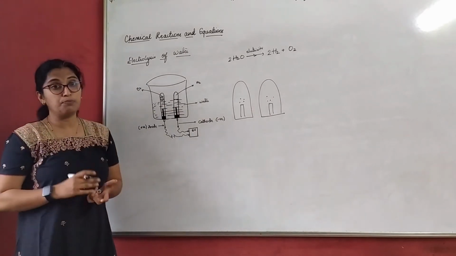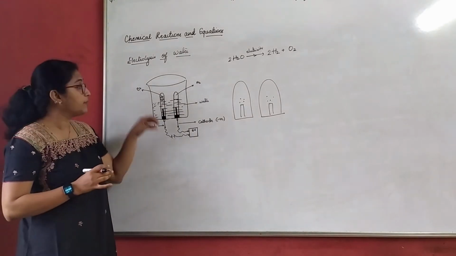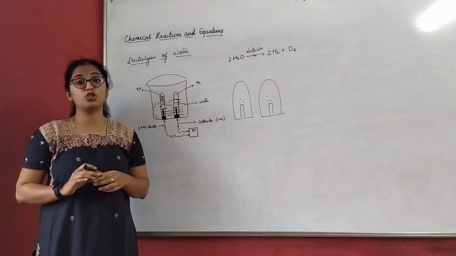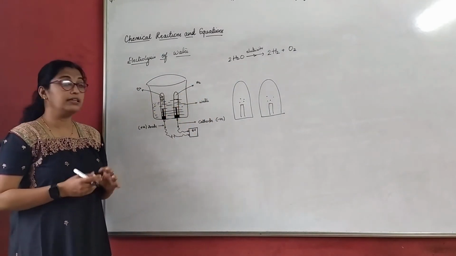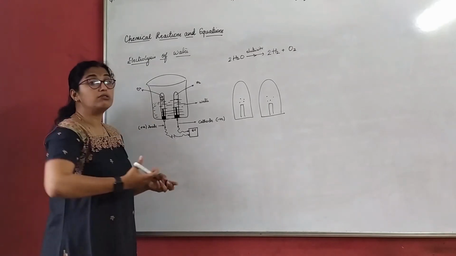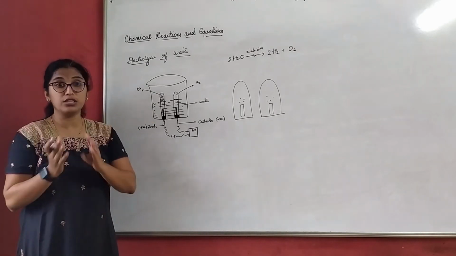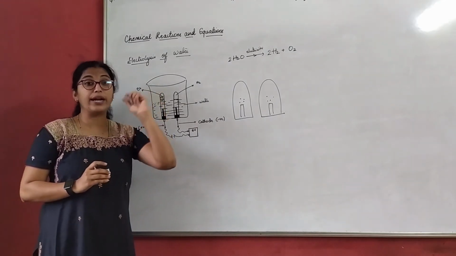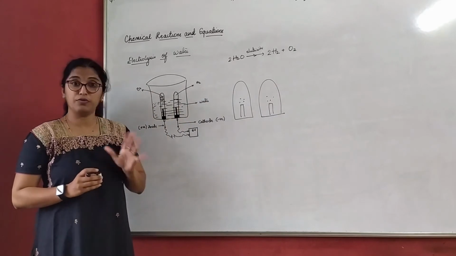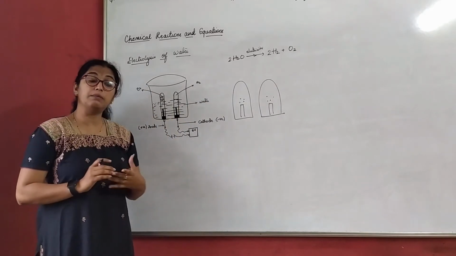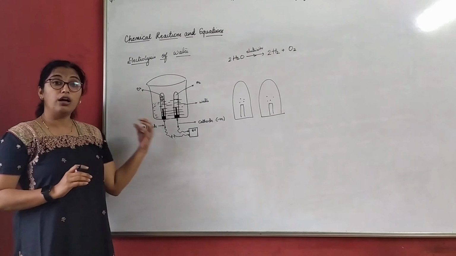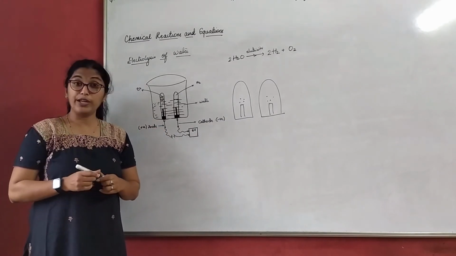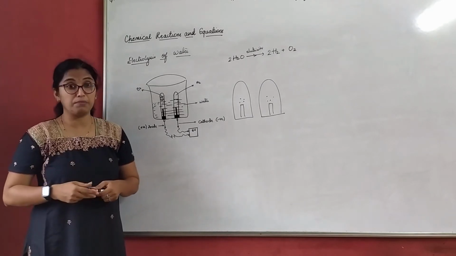Then at one point we come to a conclusion that in one test tube oxygen gas is collected, and in the other test tube hydrogen gas is collected. Now how do we know which is hydrogen and which is oxygen? First of all, it is difficult to judge the quantity of gas in the given test tube. So to understand the presence of those gases, whenever these gases are collected there are certain tests. Now we know that oxygen is a supporter of combustion, right?